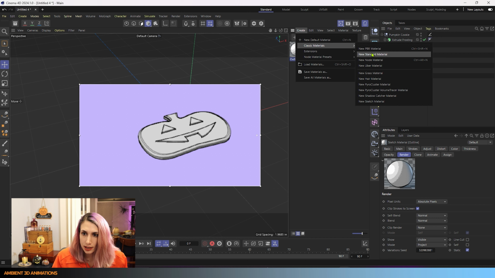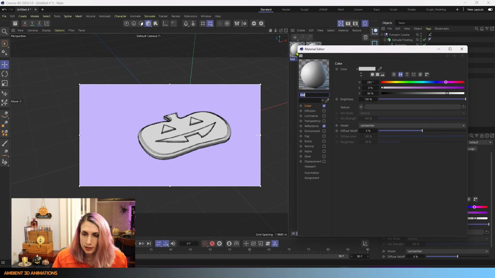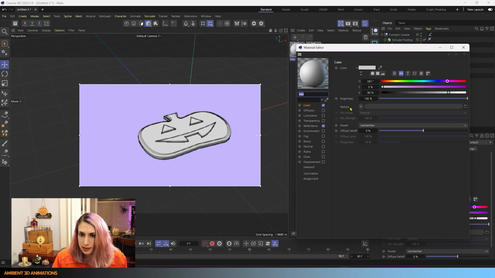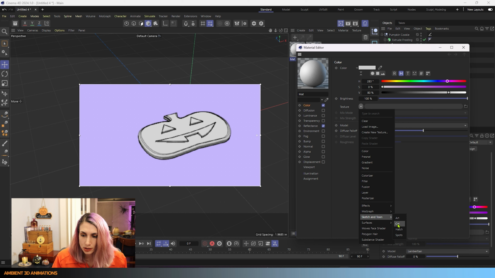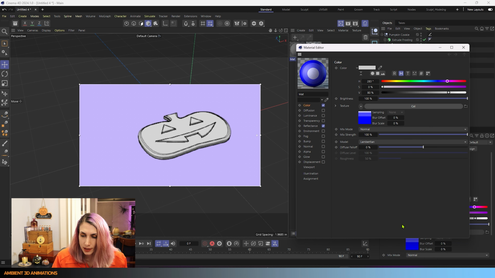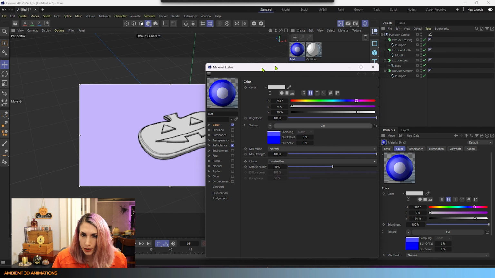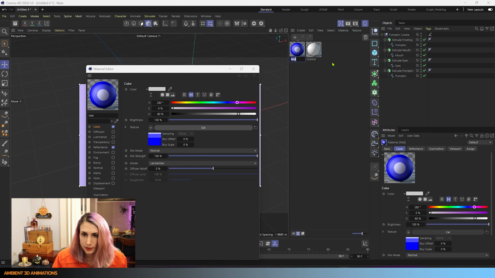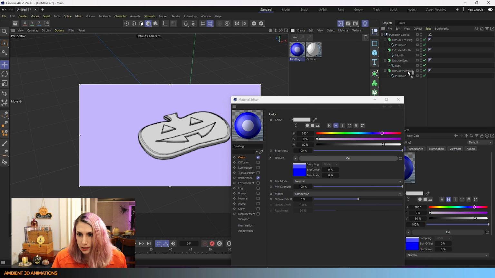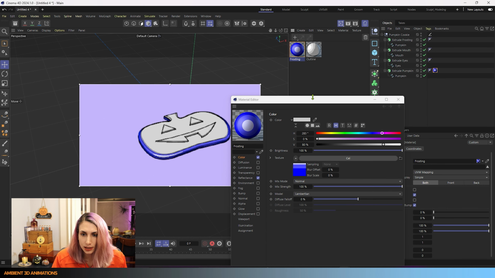I'll just add in a standard material. We'll double click on this. Inside of our color, we're going to go down to Sketch and Tune, and I'm going to choose to use cell shading for right now. I'll go ahead and rename this frosting, and we can drop our frosting onto our extrude pumpkin.